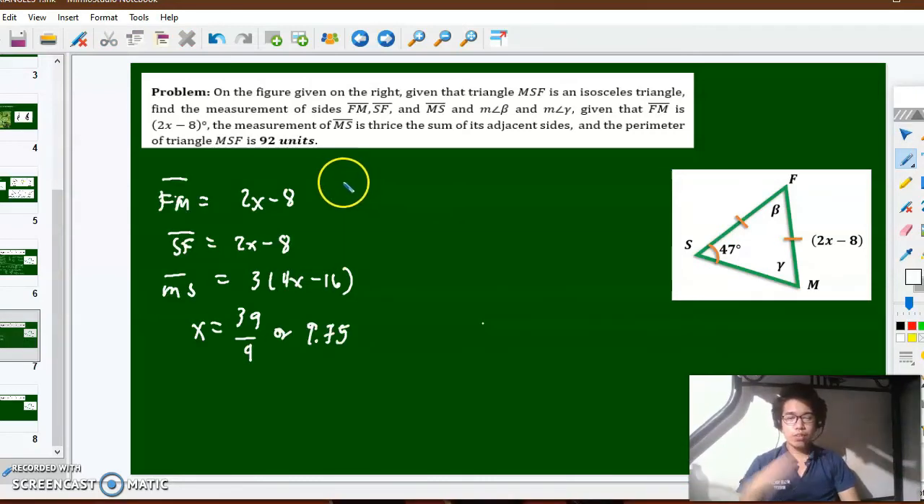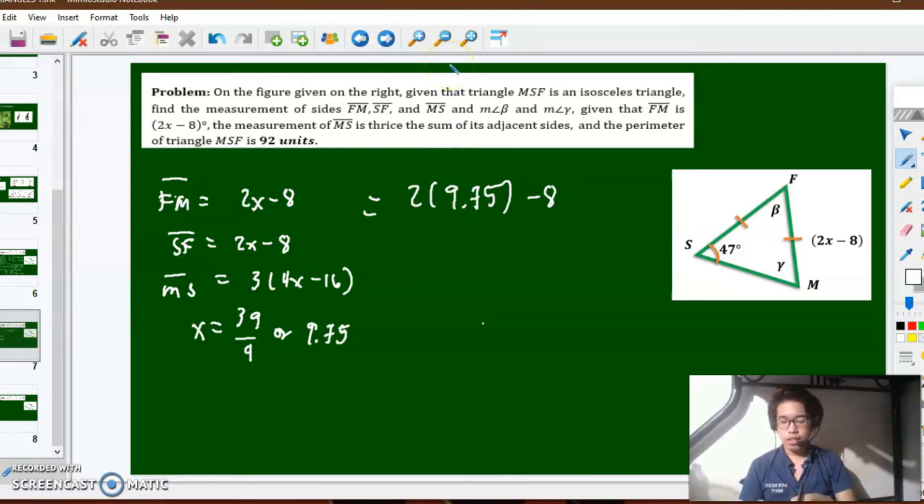Now that we found the value of x, 39 over 4 or simply 9.75, we can substitute this value into the side measurements that we have here: side FM, side SF, and side MS. So we substitute 2 times 9.75, since that's the exact value, minus 8. 2 times 9.75 is simply 39 over 2, then minus 8, so that's going to be 23 over 2, or 11.5. So side FM and side SF measure